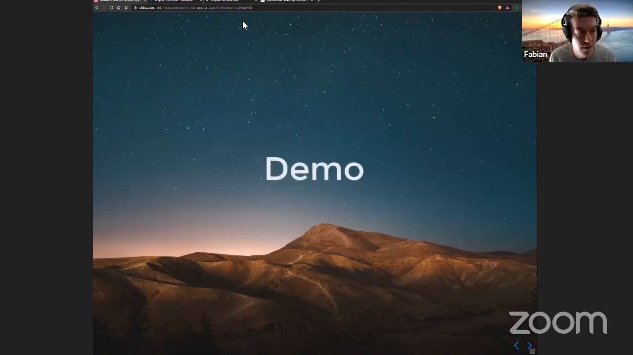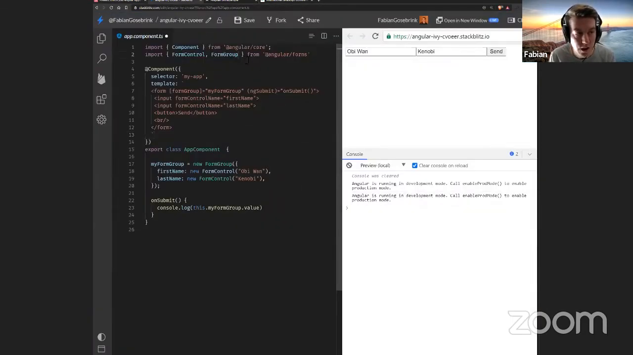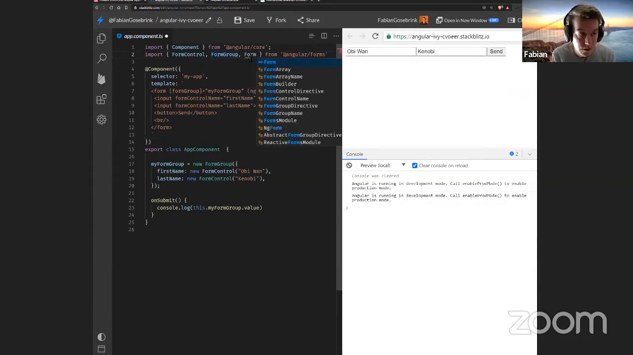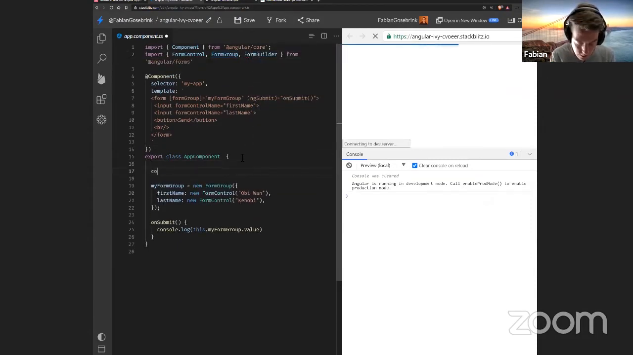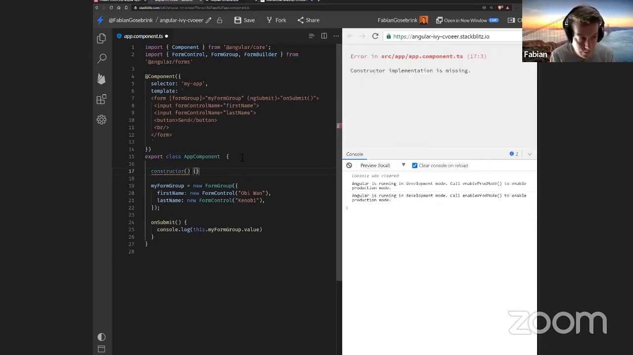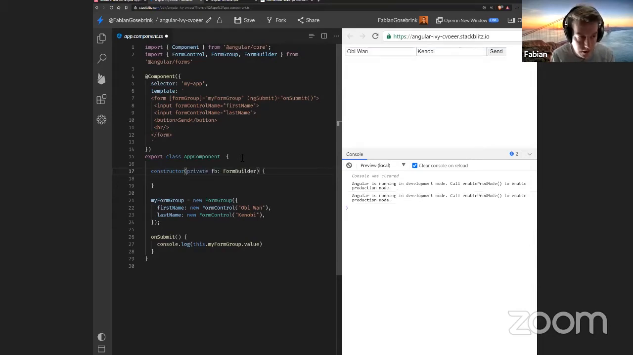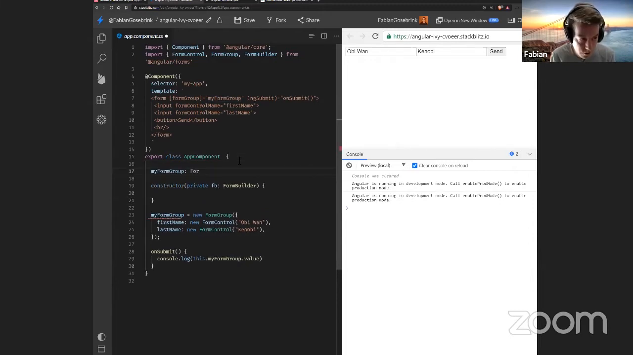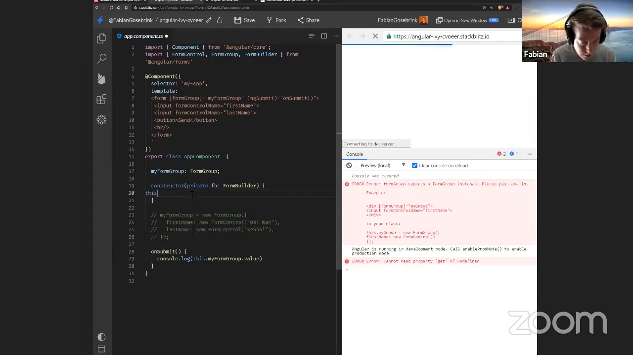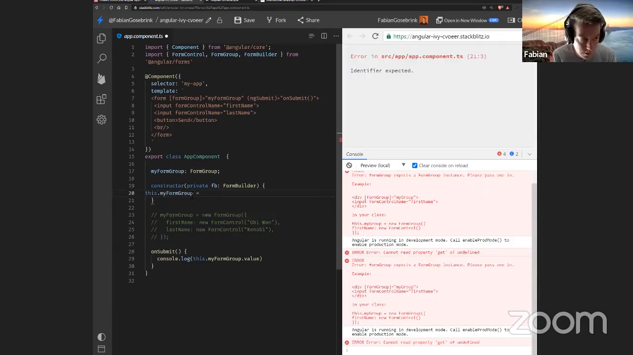So let's take a short look at the demo we just had. What we can do is import the form builder here. We can inject it in the constructor. So private FB is a form builder, like that. And my form group is of type form group, and we can just comment that out and say this.myFormGroup equals